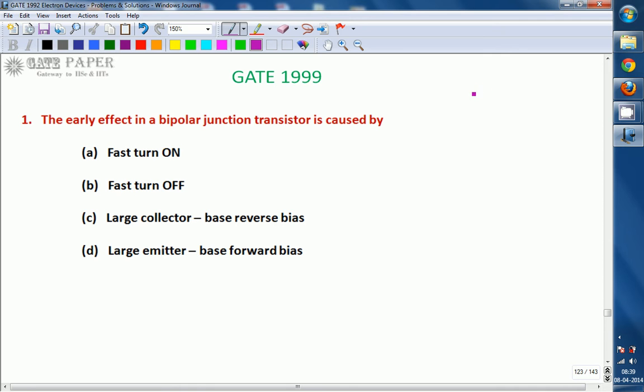Early effect, the other name for that one is nothing but base width modulation. As the name specifies, there is a change taking place in the base width. Whenever a transistor is fabricated, we think that the width of the base is fixed, and the width of the base is fixed only